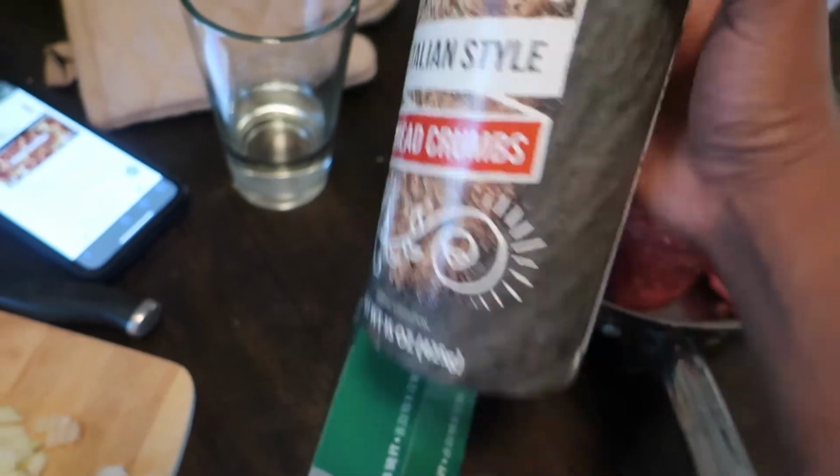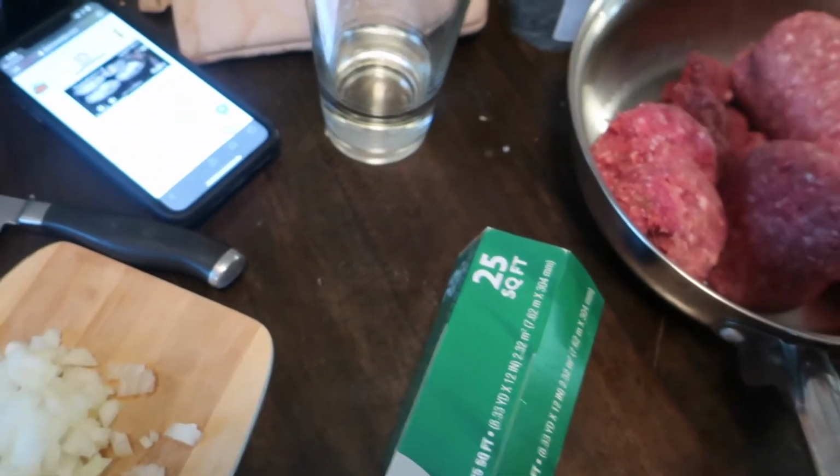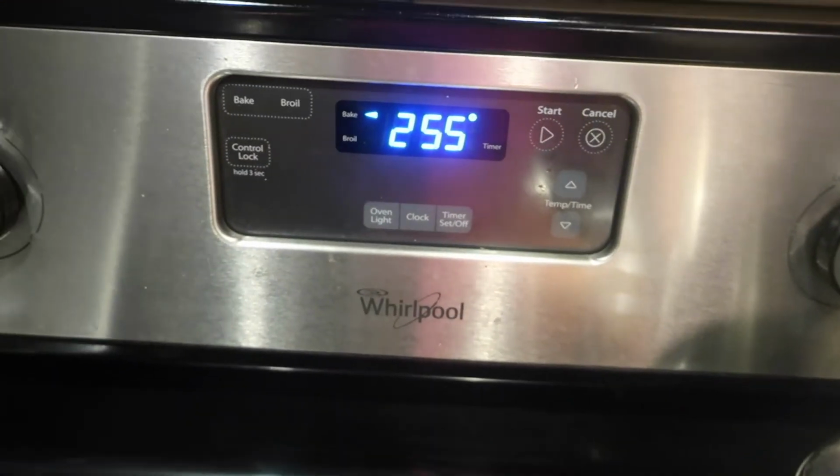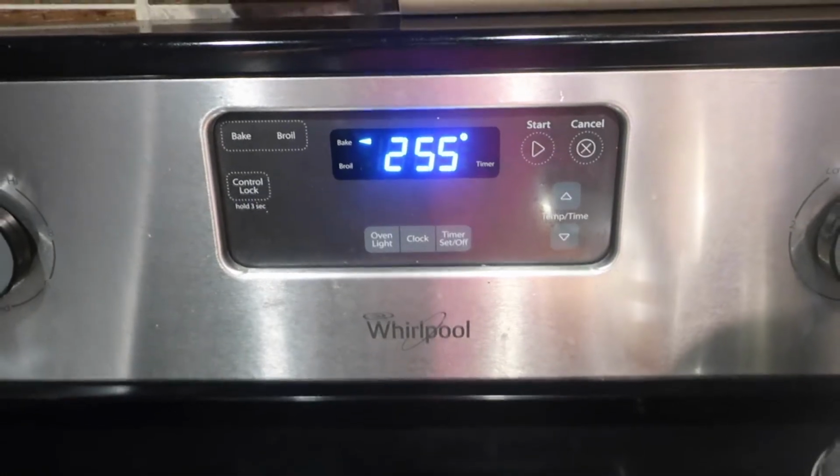I don't know. Whatever. That's the point. Okay, Italian seasoning. I used a different one actually than the one I just showed. I just realized that, but whatever. Any kind of breadcrumbs would work in this to give it a consistency that's easier to roll into